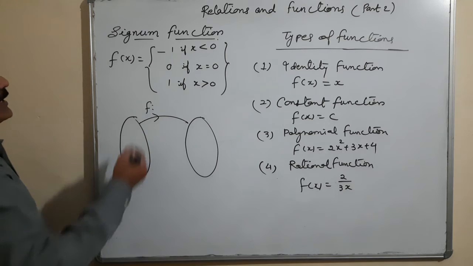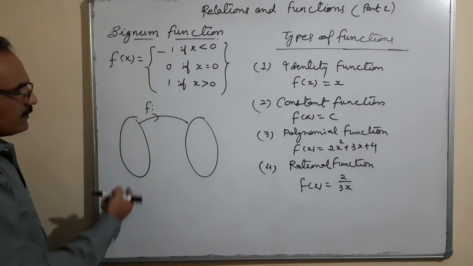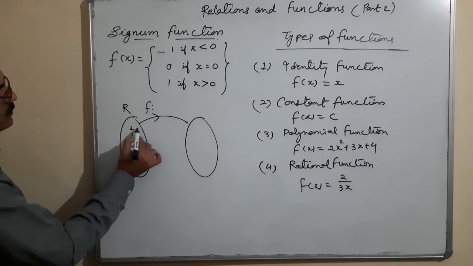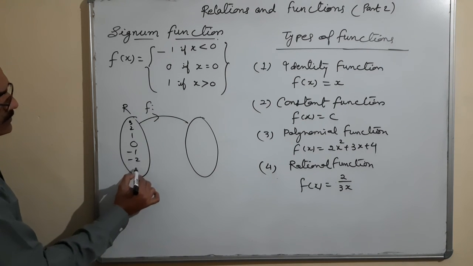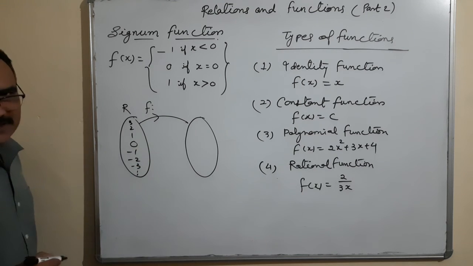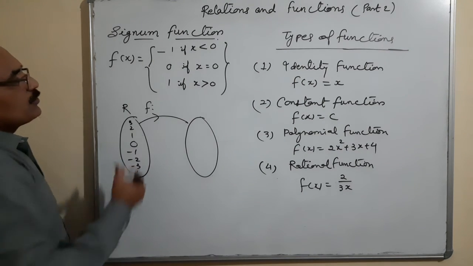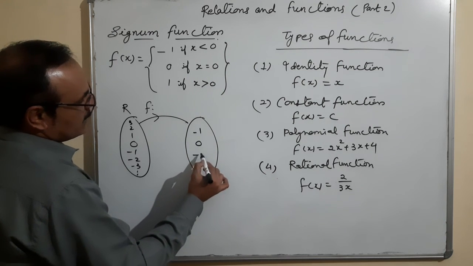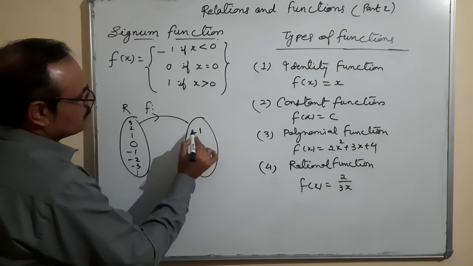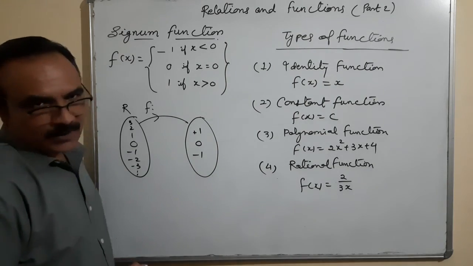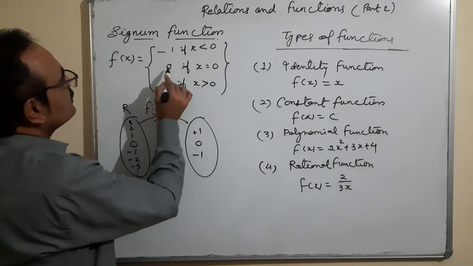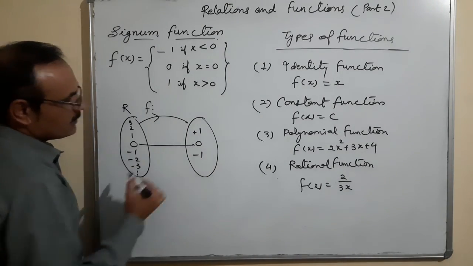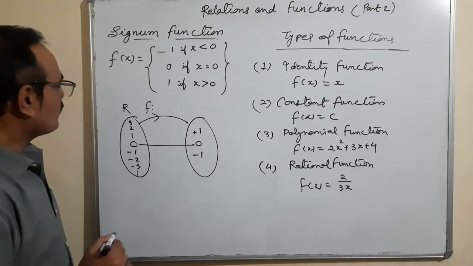So here let us discuss f of x. x can be taken as any real number. Here I have taken the set of real numbers 0, 1, 2, 3, -1, -2, -3, and up to many numbers. In the range there are only three numbers, sorry, 0, +1 and -1. f of x is equal to 0 if x is equal to 0. So one condition is clear.